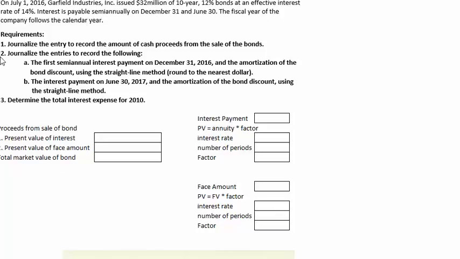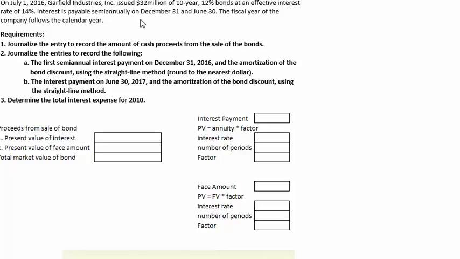This video will walk you through the first requirement of this bond problem. I've got a bunch of stuff written here. The first part of the problem says to record the entry of the proceeds received from the sale of the bond, but it's not that easy unless we're told explicitly in the problem how much the bond actually sells for in the open market. We don't know any of that information, but we have all the components necessary to